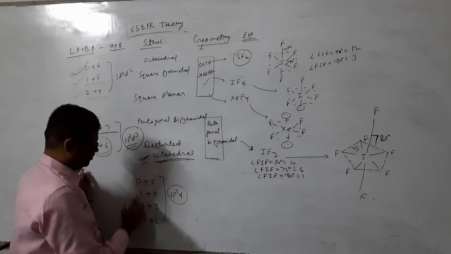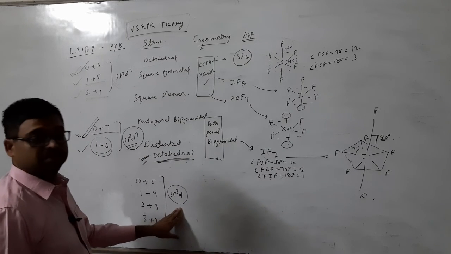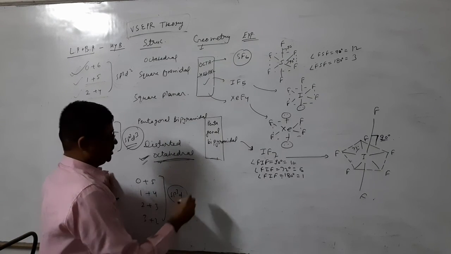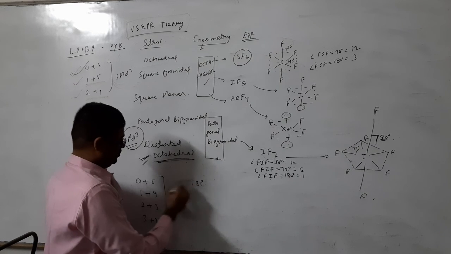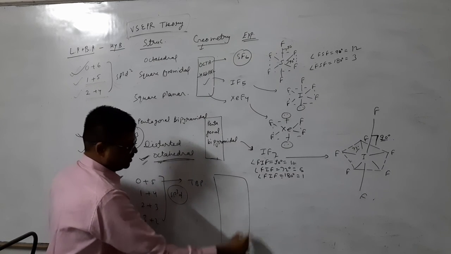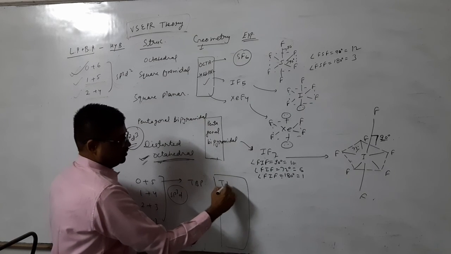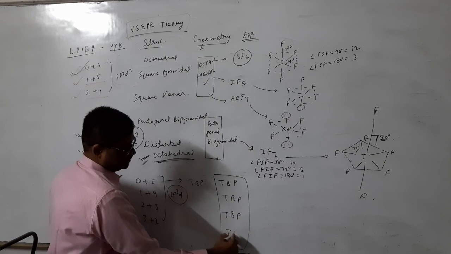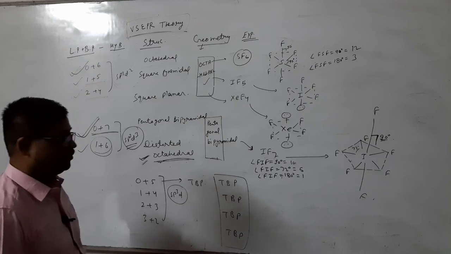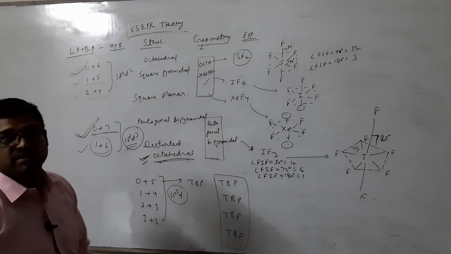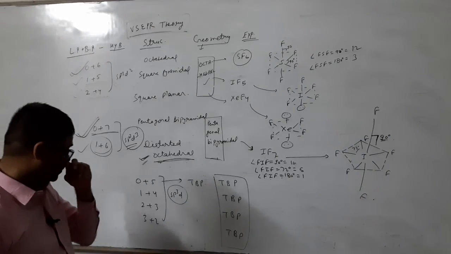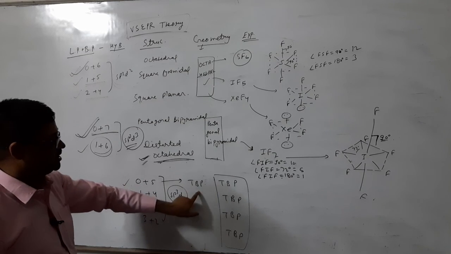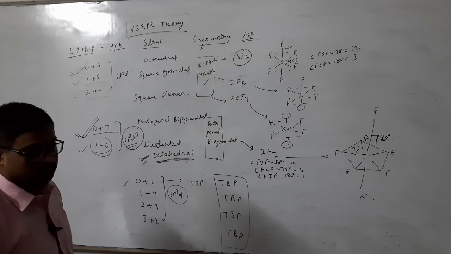We can have four cases in sp3d hybridization. If I am talking about structure, then it is TBP, and the geometry is TBP in all four: trigonal bipyramidal. Clear? So in all four cases the geometry will not change, it will be TBP only. But in the first case there is no lone pair, so the geometry and structure will be the same, also trigonal bipyramidal.